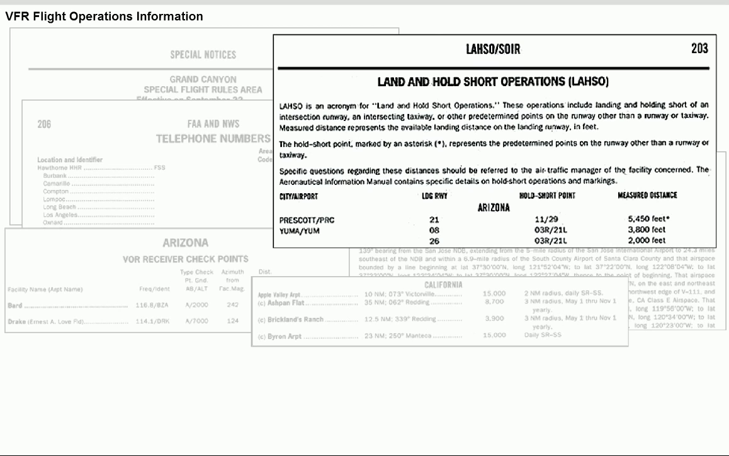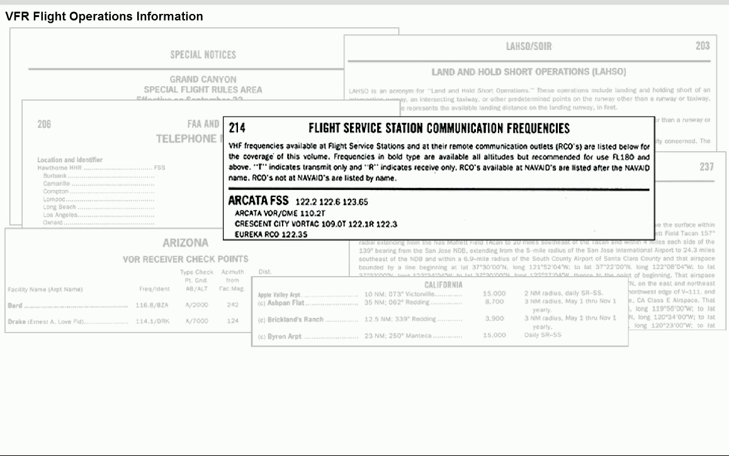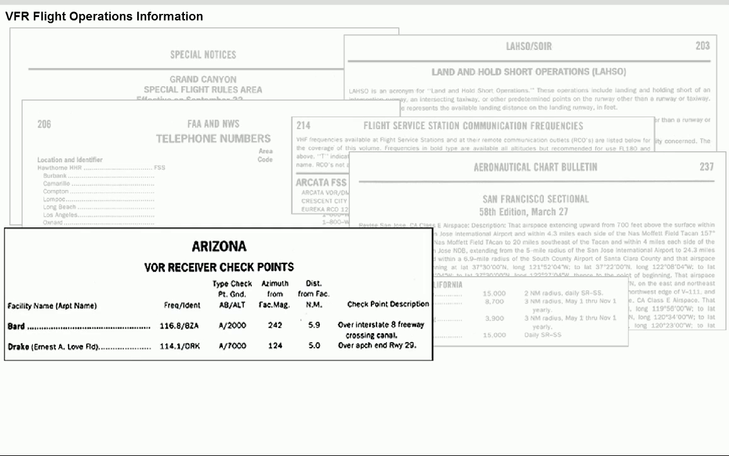where these operations apply. Two sections help you contact the flight service stations. The FAA and NWS telephone numbers section lists the numbers for all FSS as well as National Weather Service outlets located in the region, while the Flight Service Station Communication Frequencies section lists the FSS communication frequencies. The VOR Receiver Checkpoints section lists checkpoint and test facilities where you can check the accuracy of your VOR navigation